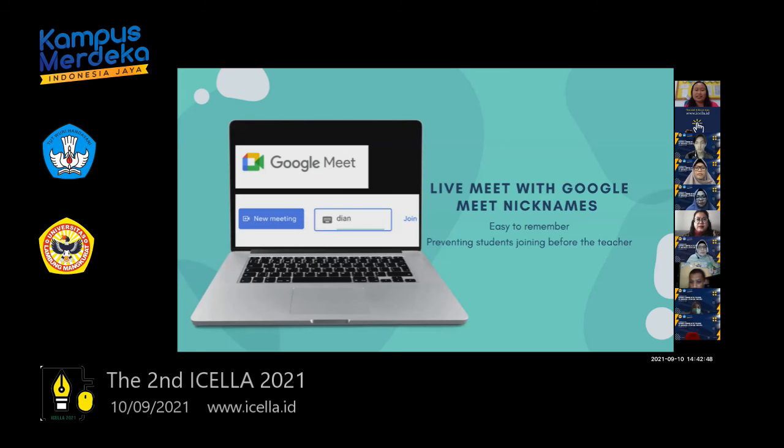So they just need to type Dian and then click join. So no need to remember the codes for joining it. And also it can prevent students from joining before the teacher.